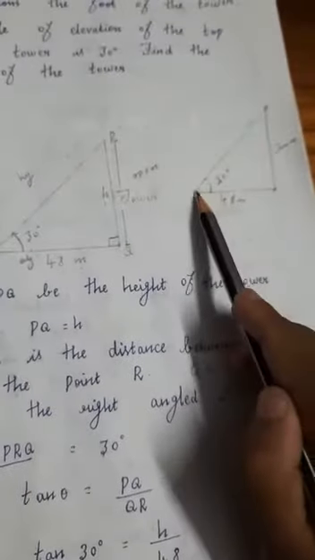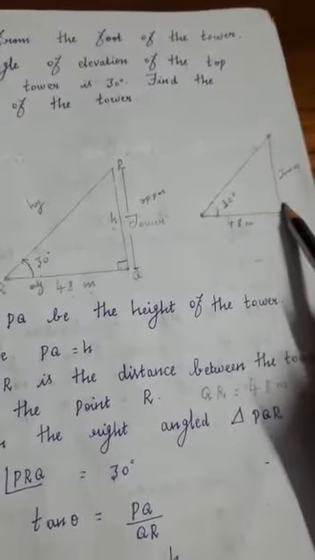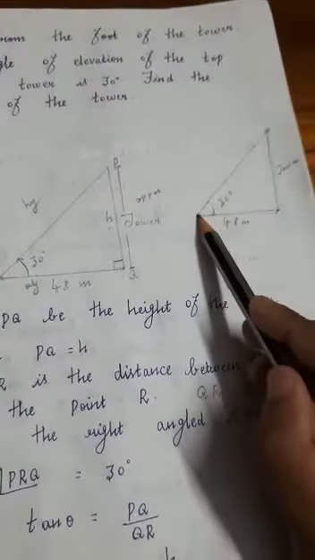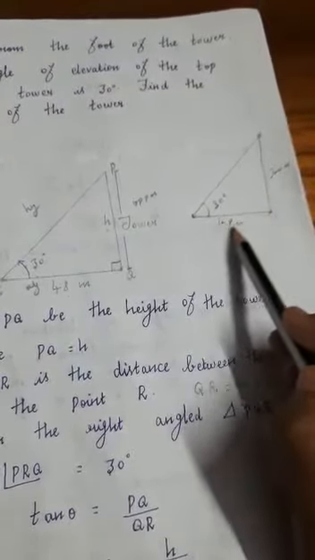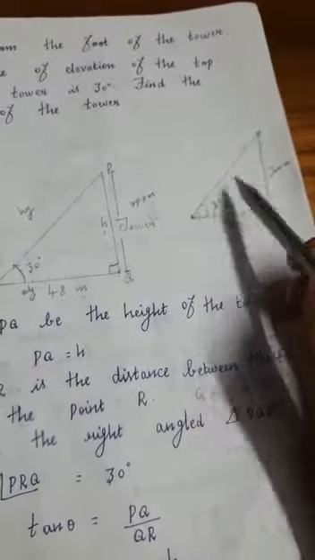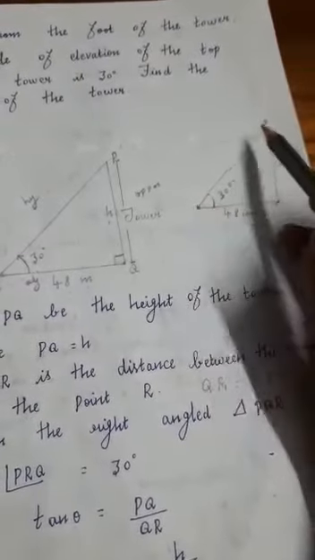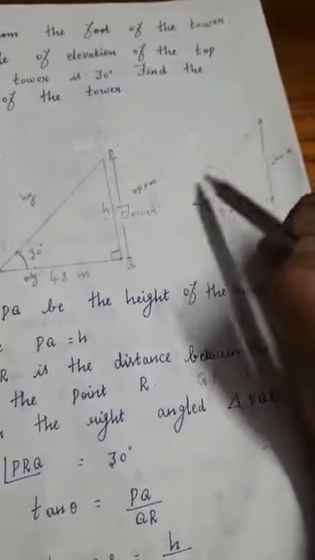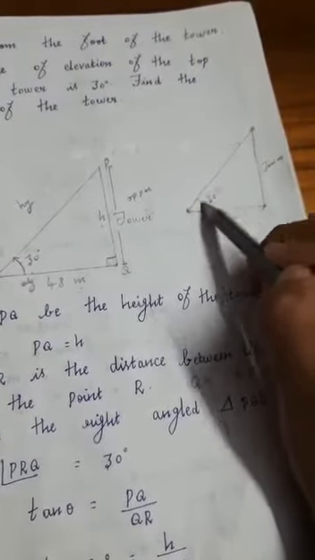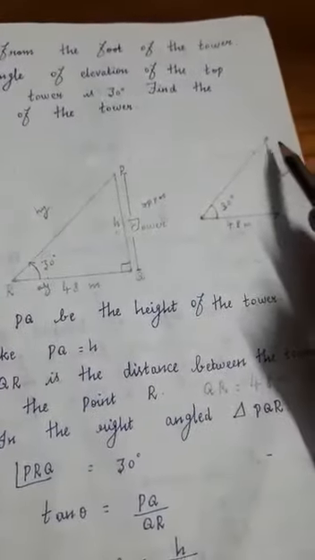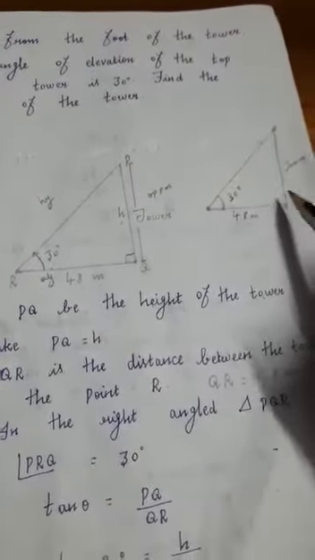So in our question what they have given: here one ground, one tower stands vertically on the ground, and the distance between this ground point and the foot of the tower, that is 48 meter. The next, angle of elevation means this is the horizontal line from the ground point to the top of the tower, this line. So both lines make this angle of 30 degree, the angle of elevation. In our question they have asked to find out the height of the tower. So this length only we need to find out.